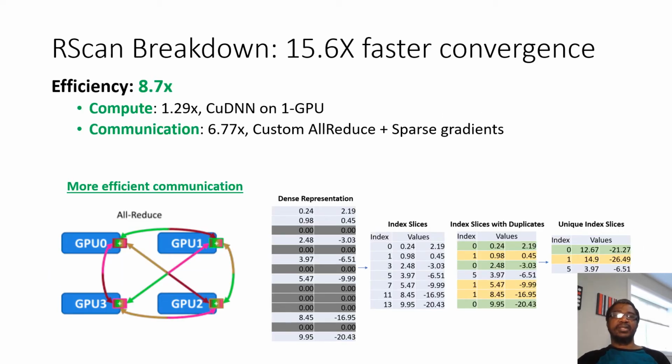So let's break down this superlinear speed up of DeepSpeed on RScan, starting with the efficiency improvements. So the efficiency improvements collectively give an 8.7x scaling, and this comes from both compute and communication optimizations. The compute optimizations provided 29% improvement, and this essentially comes from custom kernels that we wrote to improve the execution of a single GPU. The communication optimizations, which provide close to 7x scaling, come from a custom all reduce, which helps to reduce the overhead of doing an all reduce during execution, and then exploiting sparsity in the gradients during